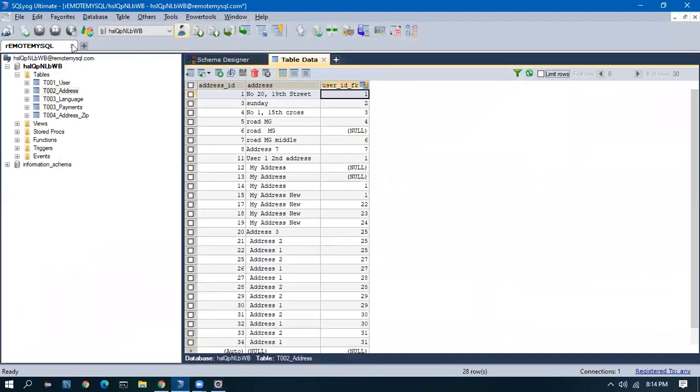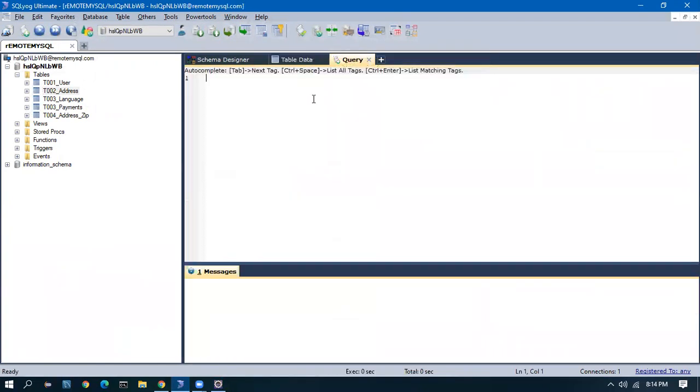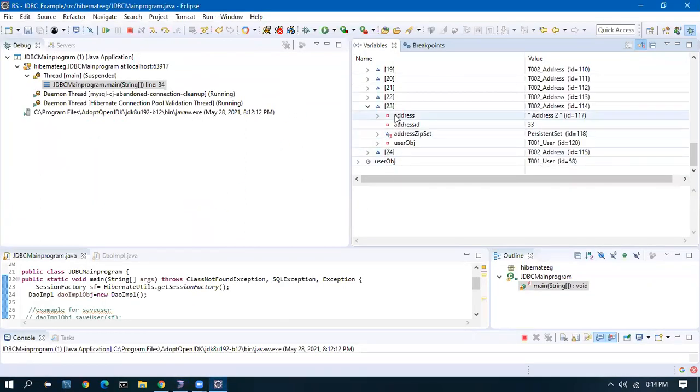Let us say, I'll go to the query editor. So select star from T002 address. If this is the query, which is going to give me the address data, then if I want to view the user data also along with the address, Hibernate has shown me, right?